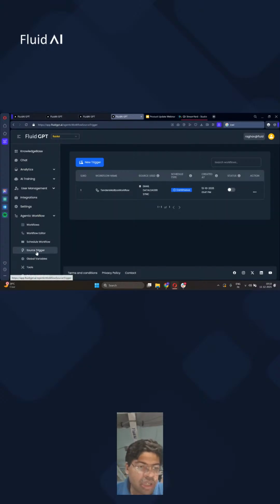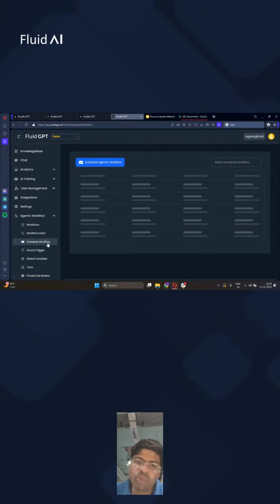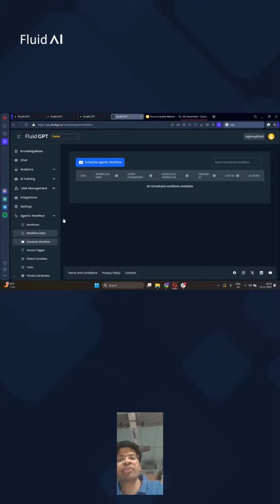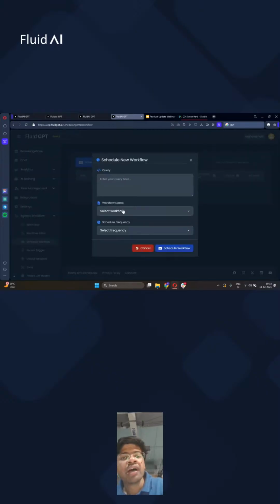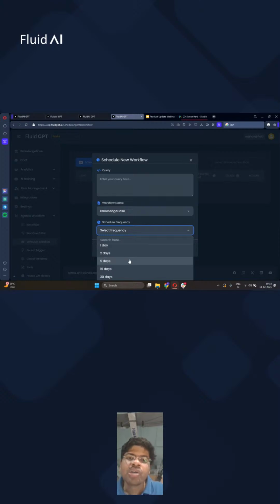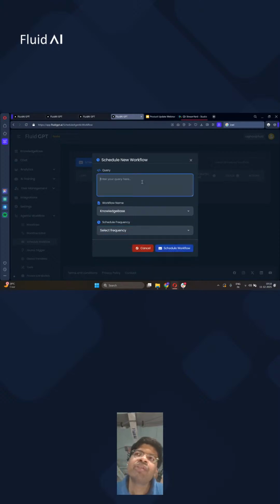Similarly, we've launched a lot of work on the scheduling of workflows. So we've now allowed for the scheduling of different agentic flows. This allows them to be run at different times and different frequencies. These workflows can run every 30 minutes, 15 minutes, or every second, depending on your business case. So they're no longer dependent on a human going in and iterating them. You can schedule these flows and they can run as and when required.